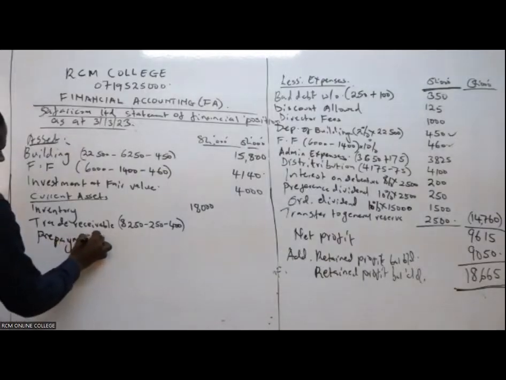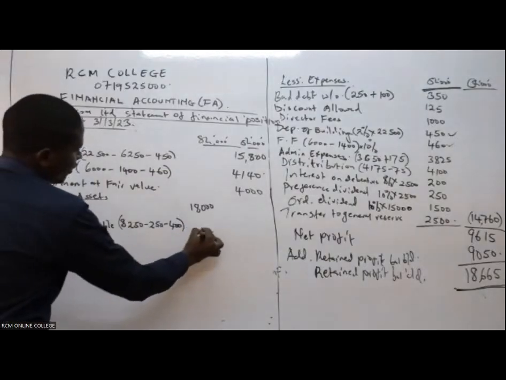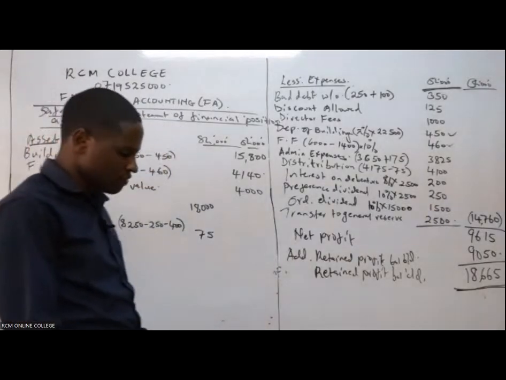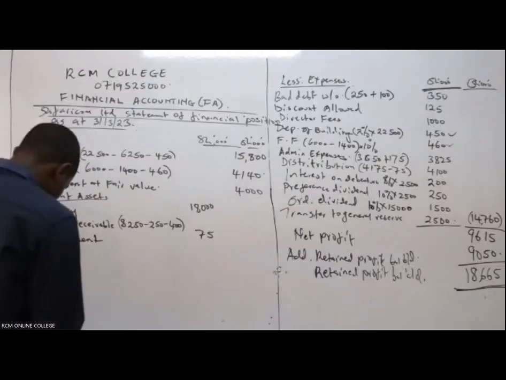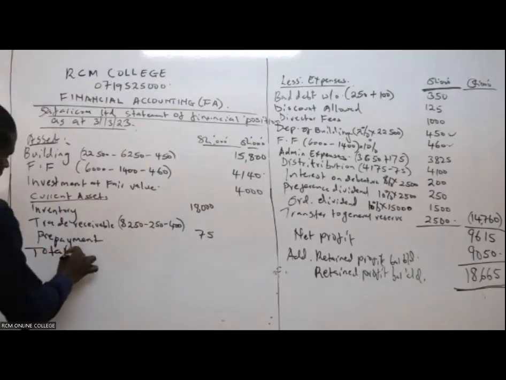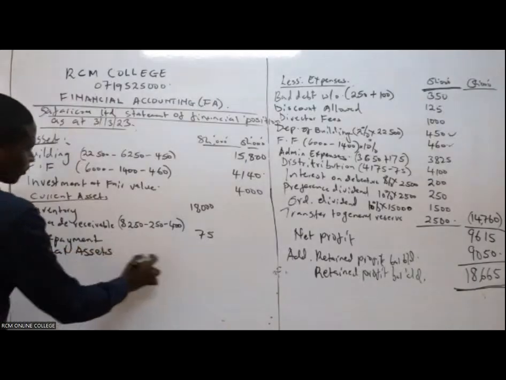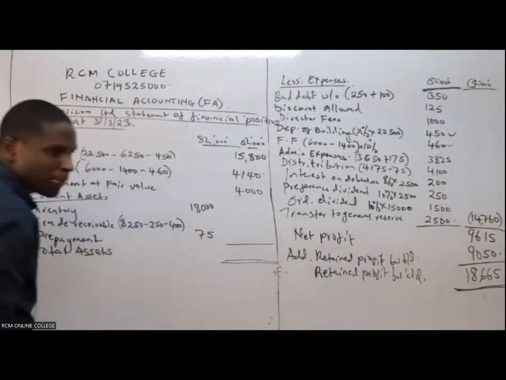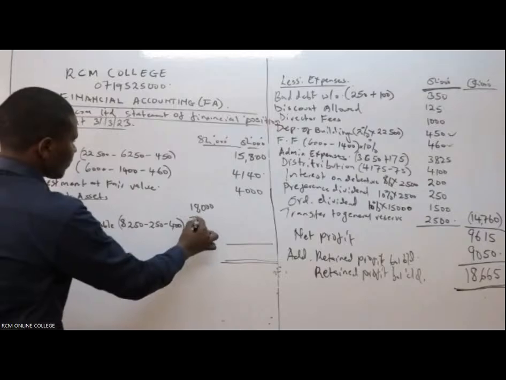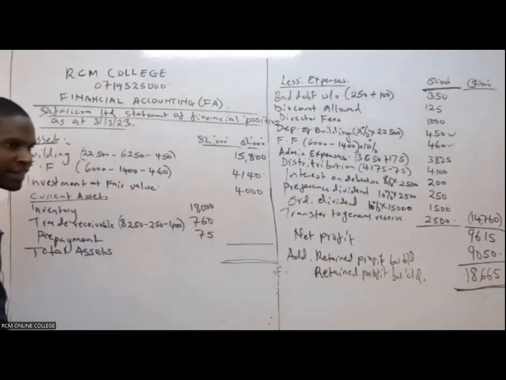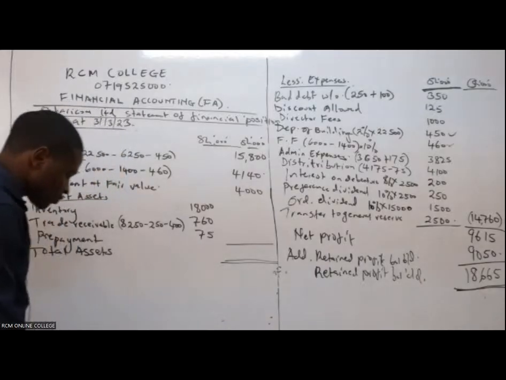Prepayment. It was 75. Can you give me this trade receivable total? Somebody is giving me the trade receivable before we go to equity and liability. Total asset, of course. Total asset. Put it there and then we close. 7,600. Can you give me now the total of the current asset, as we wind it up?